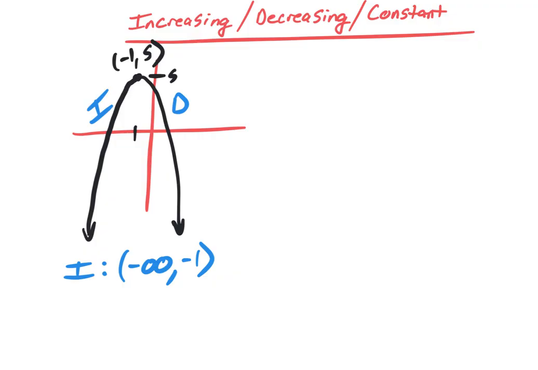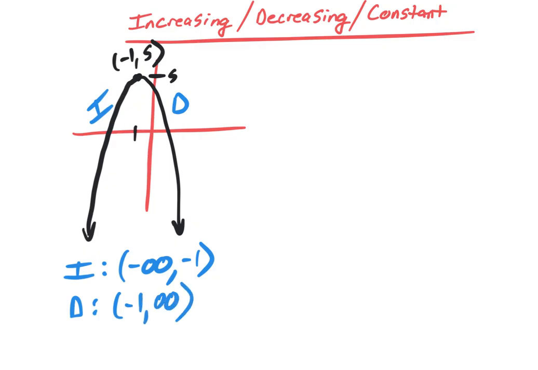So I'm not going to use the 5. I'm moving from left to right. And when I move left to right, I'm only using the x values. So don't even worry about the 5 here. That just tells me the ordered pair where it changes. So we're moving left to right till we get to -1. And -1 is now where it begins to drop. And so then we would say that this graph is decreasing from -1